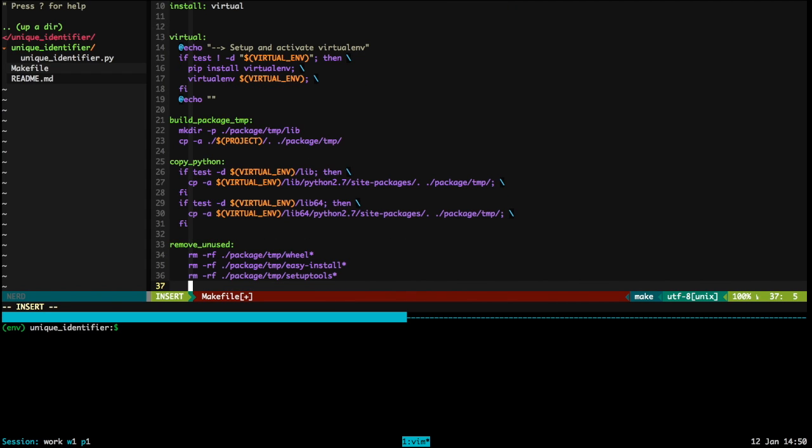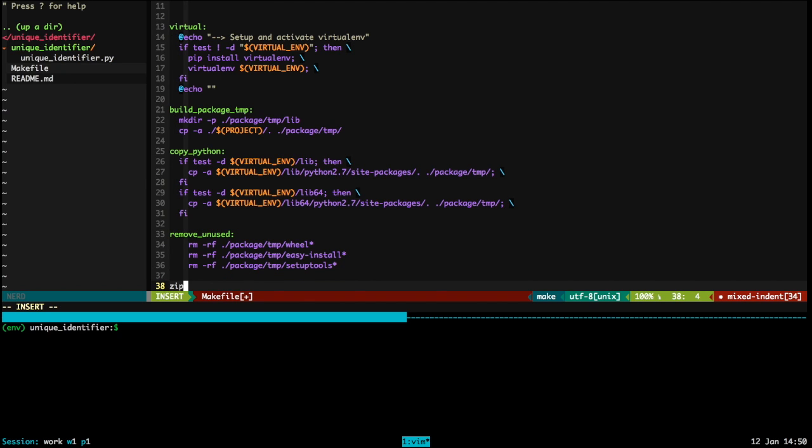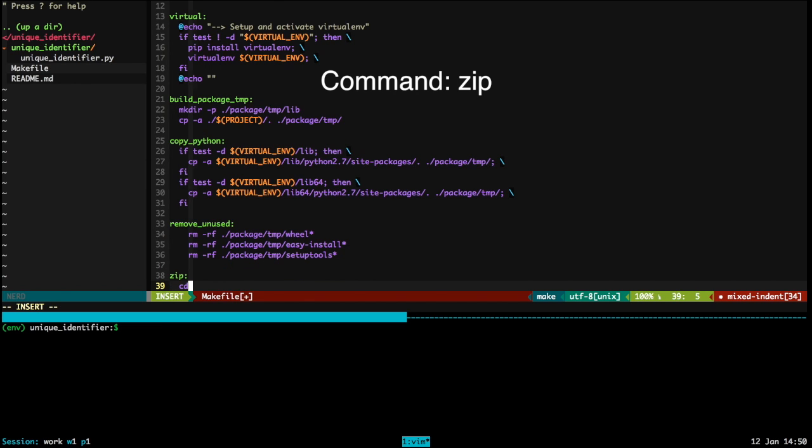Okay, so it removes the wheel directory, the easy install directory, and the setup tools. We just don't need those. Finally, the last thing that we need to do is zip this all up. Let's create a zip command, go into that directory. Obviously, we now know that it's going to be called package, it's in temp, and what we want to do is go into that directory, use the zip command recursively to copy everything and give it the name of the project file.zip. And then finally,